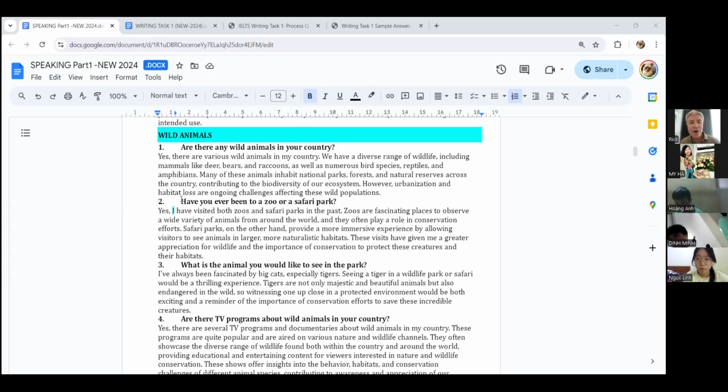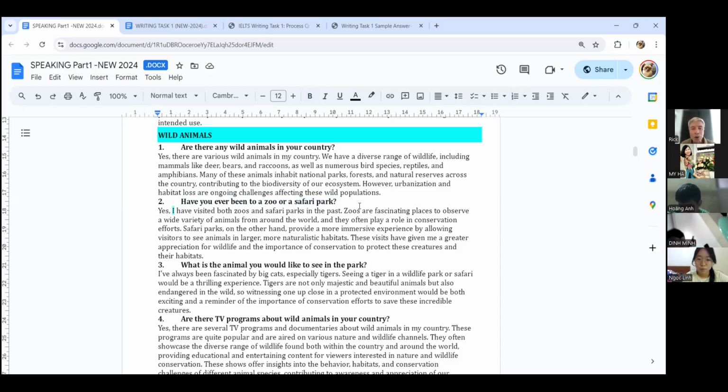such as, have you been to a zoo or a safari park? A safari park, just in case you don't know, is normally a big area where there are lots of different animals all walking around, not in cages. A zoo is where animals are in cages. Normally a safari park is where there is a big area, maybe surrounded by fences, but it's a big area and the animals are a lot more free to walk around or run around.